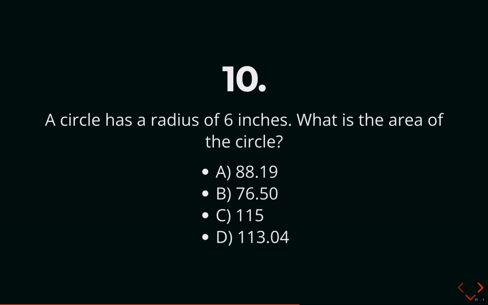Question 10. A circle has a radius of 6 inches. What is the area of the circle? A, 88.19, B, 76.50, C, 115, or D, 113.04? The answer is D,